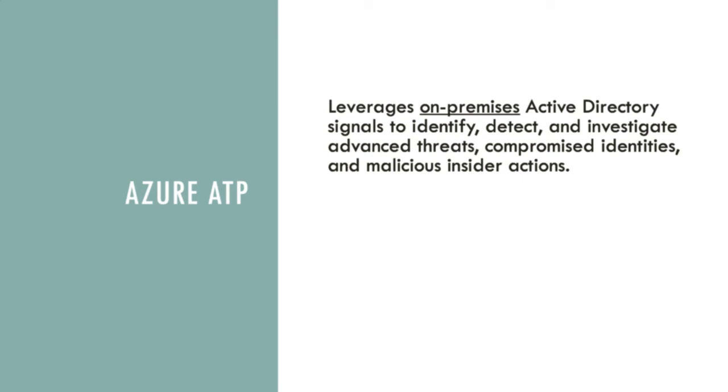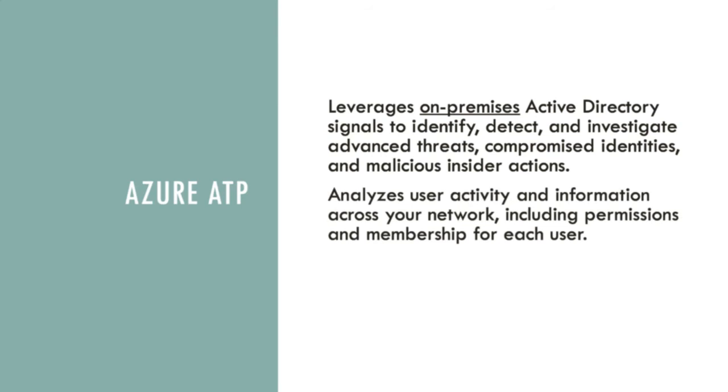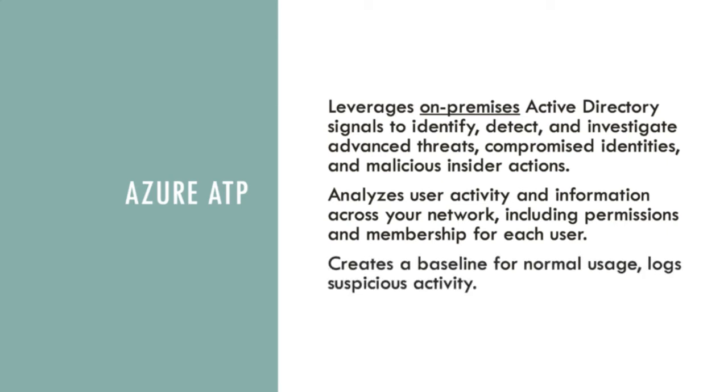And the thing I've underlined here is that Advanced Threat Protection works with on-premises resources, especially those that are Active Directory resources. The way that Azure ATP works is that it analyzes user activity and information across your network, including what permissions and group membership each user has. It then uses this to build a baseline of activity for normal usage, and then it will log any suspicious